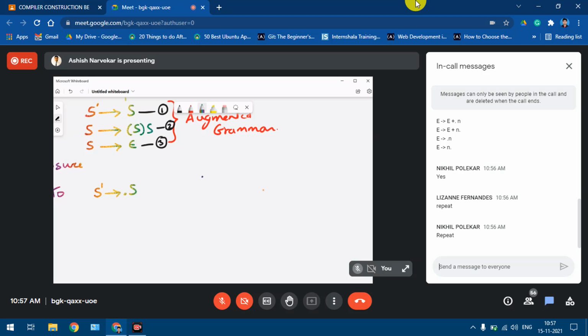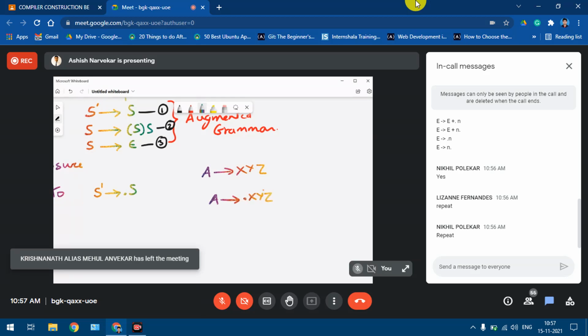Like if you all remember, I had the grammar A gives X, Y, Z. The first LR0 item of this was A gives dot X, Y, Z. Similarly, I put a dot towards the left side of the RHS of the first production. Now, whenever a dot appears on the left of a non-terminal in the RHS, it implies that we have to apply the closure operation. Closure operation means we need to rewrite all the productions of S.